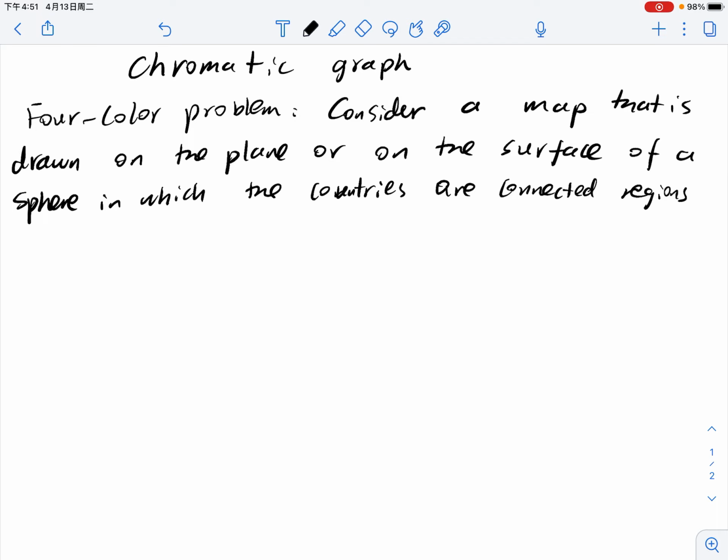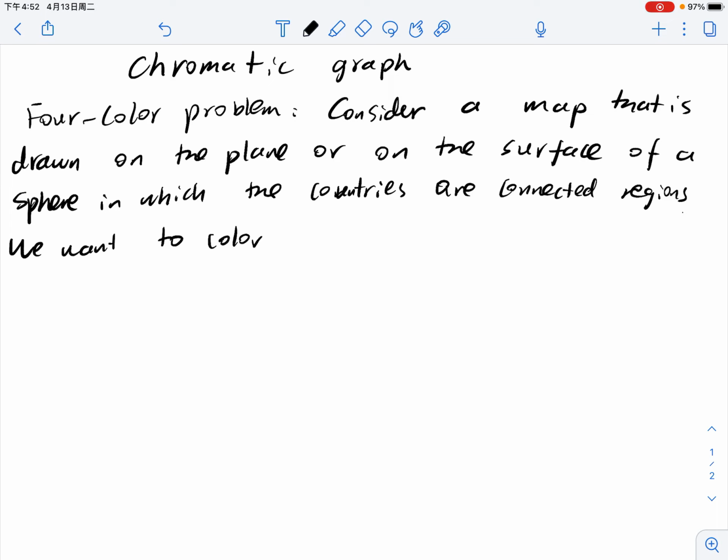This is true for most of the countries, but in reality, there are some countries with two separated parts. Just like Russia, you have Königsberg, which is called an exclave. Okay, and we want to